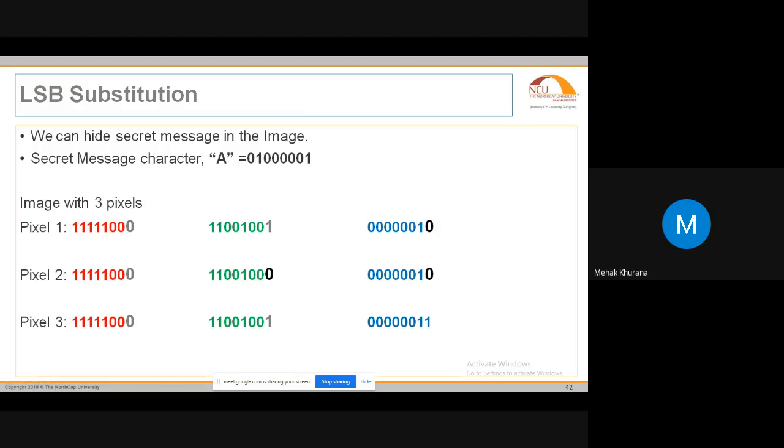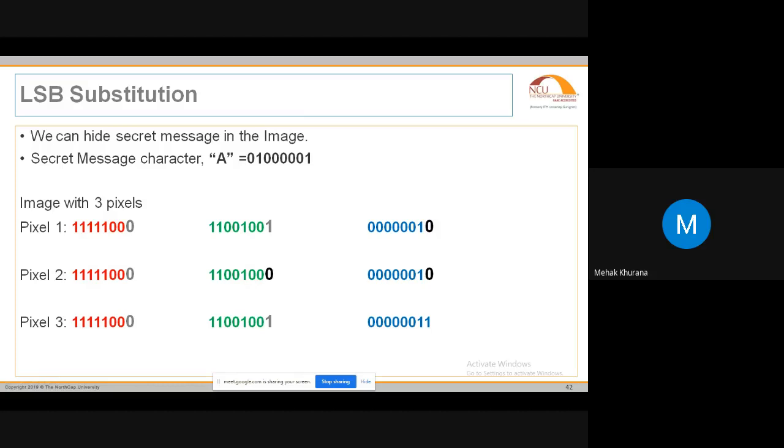Now the value of 1 has been changed to 0. So if I convert this back, the blue color of pixel 1 comes out to be 2. In a similar manner, for pixel 2, the next bit of the A character is 0. Again I'm changing it, so it remains the same. Then the next bit, where the pixel earlier had 1, has now been changed to 0, so the intensity has been reduced by 1. The next one was again 1, and it has been changed to 0.